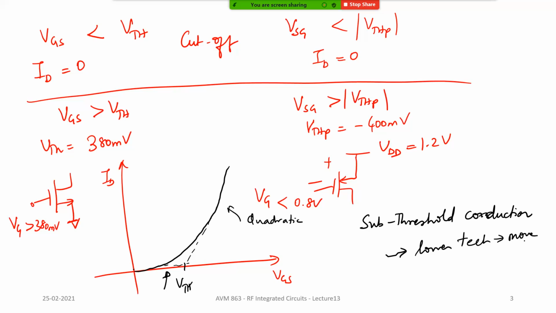Probably some 20 years back, the devices that they were using, probably the 1 micron device, 350 nanometer devices and so on, the current will significantly come down, much lower. But here in 65 nanometer and so on, it doesn't come down so significantly. The I-on by I-off ratio is not so much. All right. Now once the device is, let's say, quote unquote on, there are two regions of